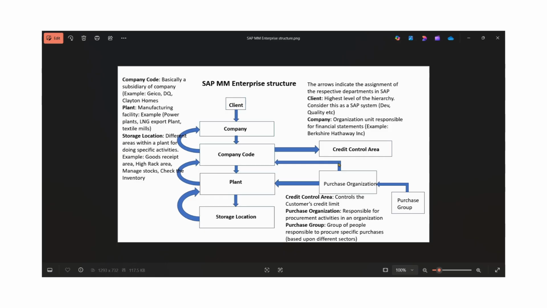And we also have a credit control area. You can see the arrow marks as well. So it is assigned to the company code. Basically it controls what type of limit has to be applied to a customer. For example, if a customer has a credit limit of 1 lakh, and a purchase of around 1,50,000 is incurred, there will be a credit block which will not allow the customer to procure the goods from the vendor. So this is important to make sure that